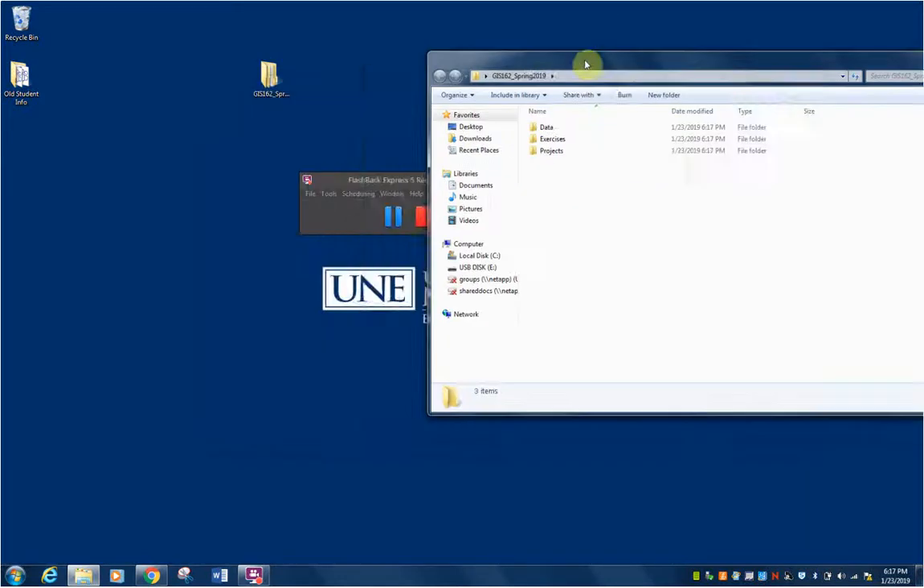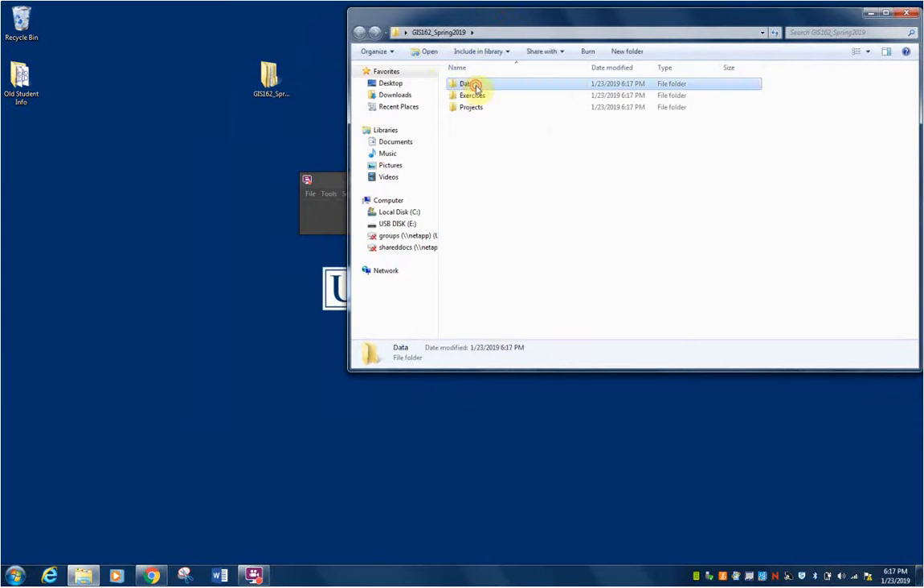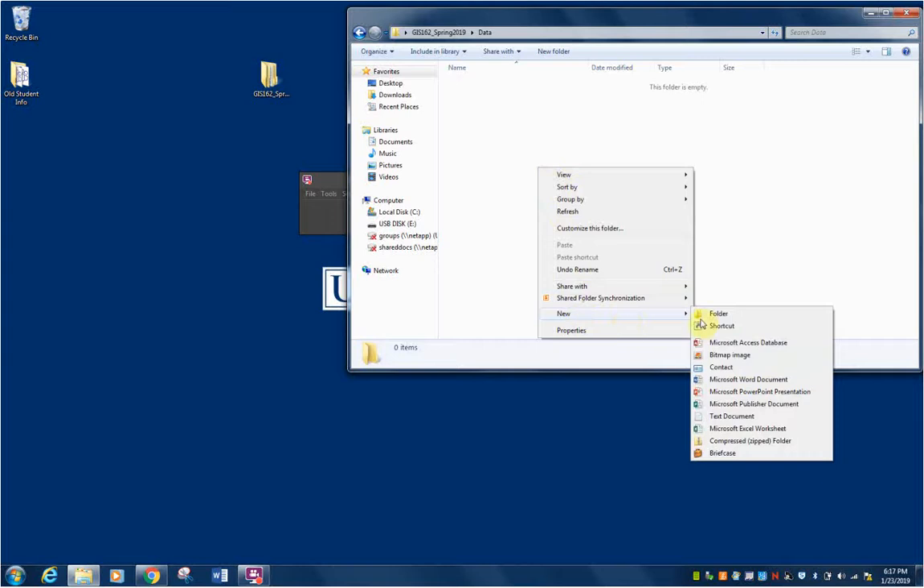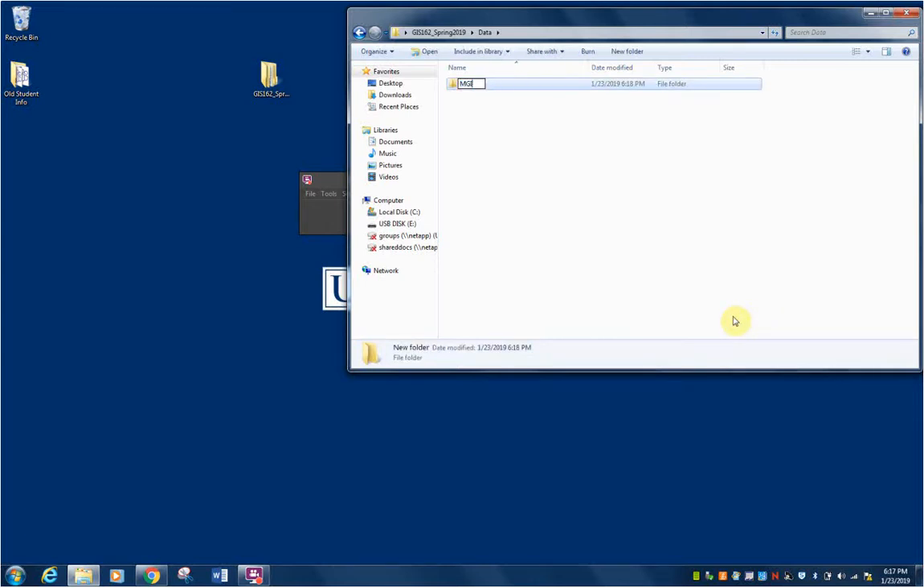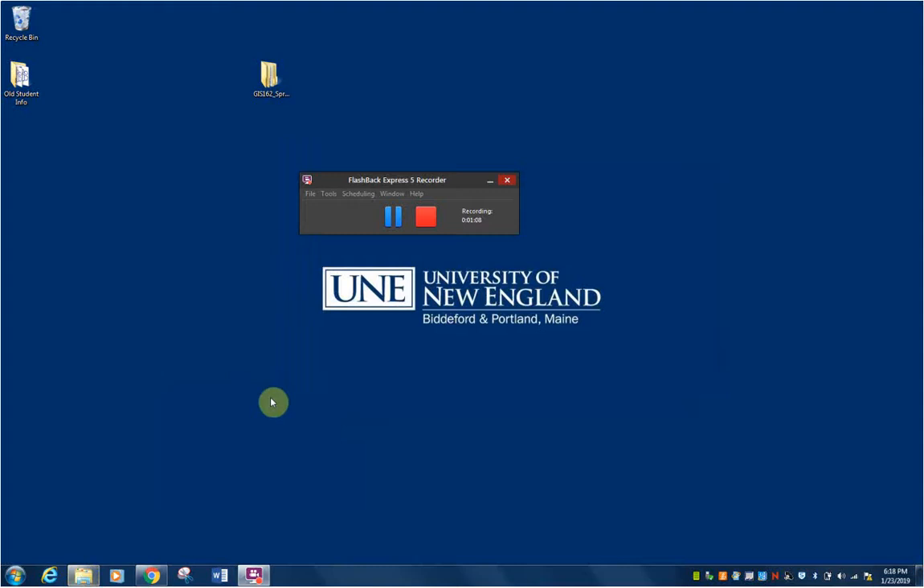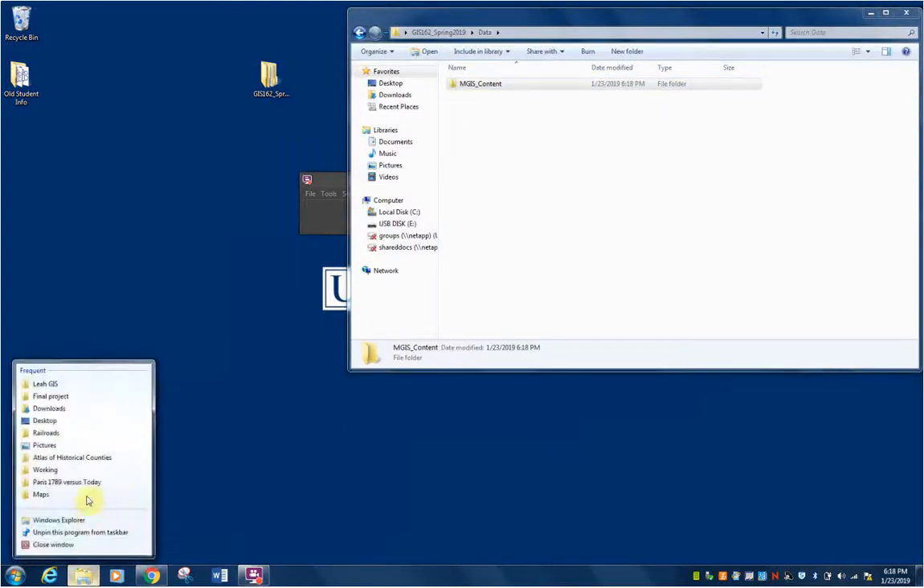So what we downloaded is going to go in the data folder. So if I go into the data folder and then I make a new folder called MGIS content, and then I put the zip file that we shared in there,